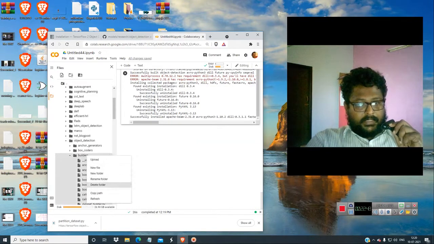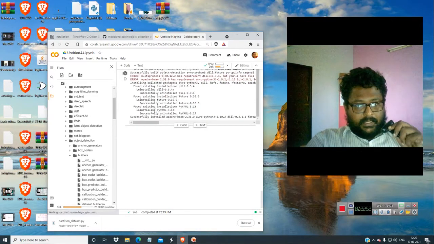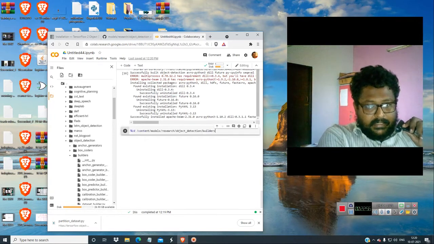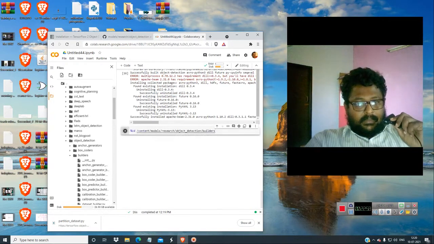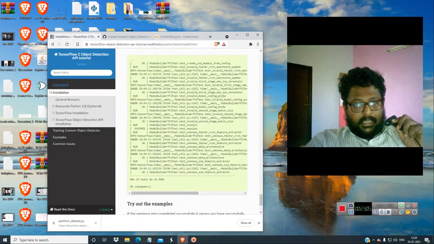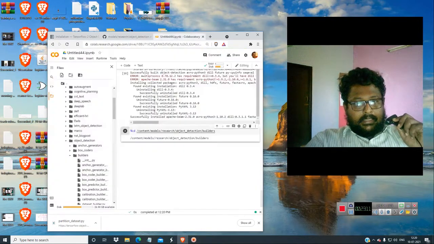Okay, copy this, copy path and just paste it over here. Get into this folder, shift %cd and just paste this, and then you have to execute and check this command. It should test whether every installation is correct or not. So it should show okay, skipped one, and everything should go correct.